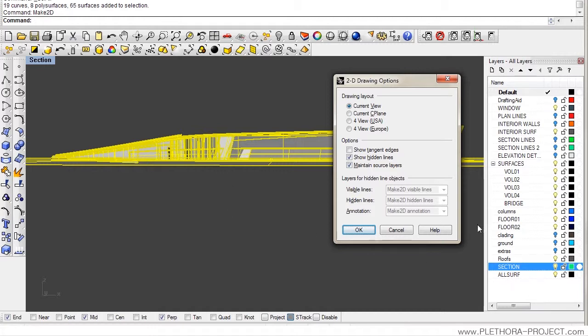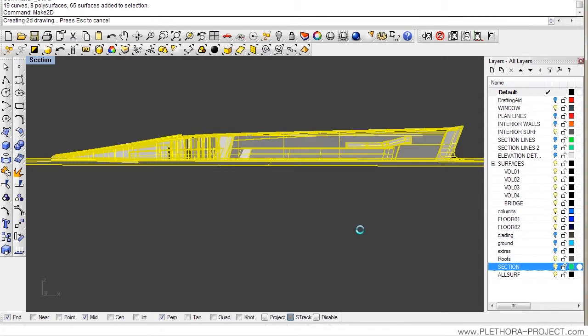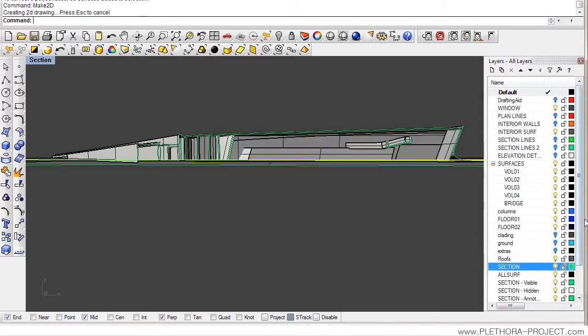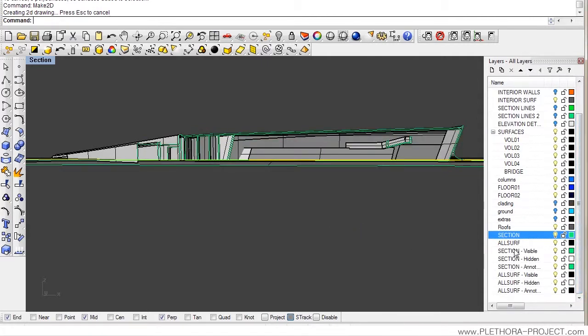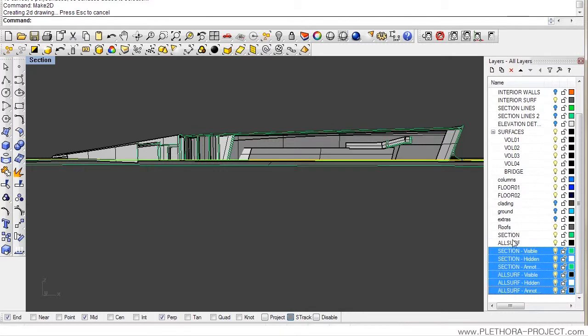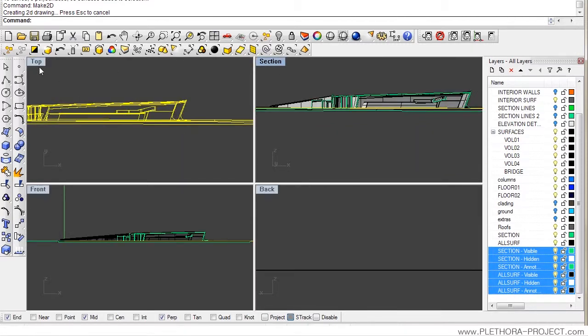If I had my elements in all these different layers, I would get 3 new layers for each layer that I have. So that would be quite annoying to deal with. So in this case, we're trying to keep it simple. Say OK, and you can see that this created several layers already, 6 at least, 3 for each one of the layers. And we can go into the top view,